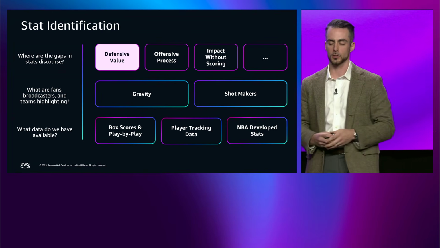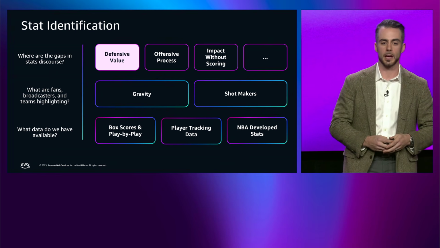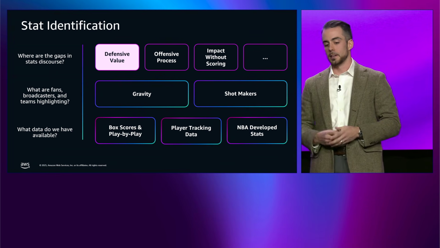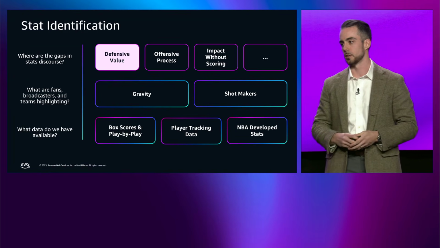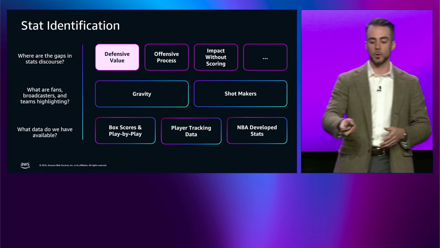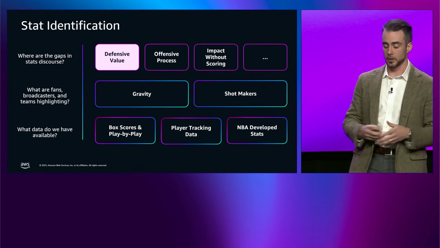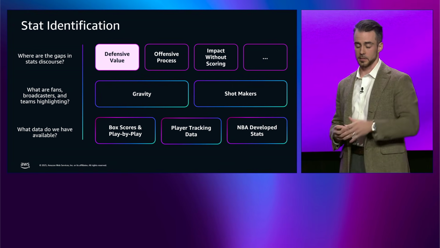available, right? We have the box score and the play-by-play. We may need to join back to that. We have player tracking data. And then I talked a little bit about these NBA developed stats, which are the building blocks towards some of these larger headline stats. One of the things underlying our player gravity metric is our